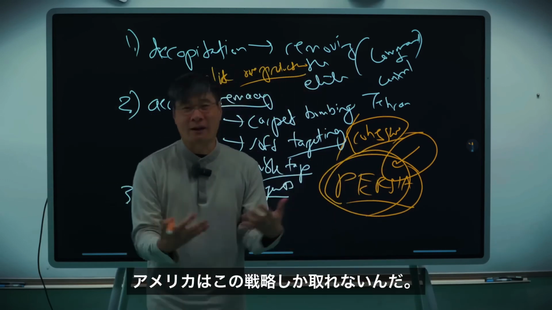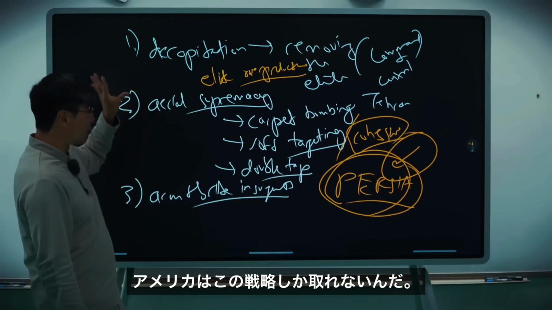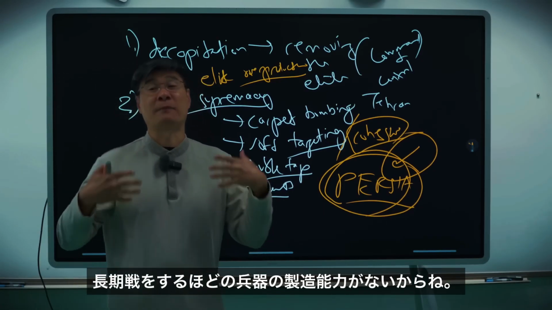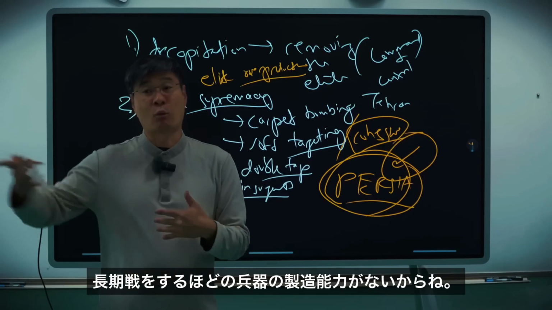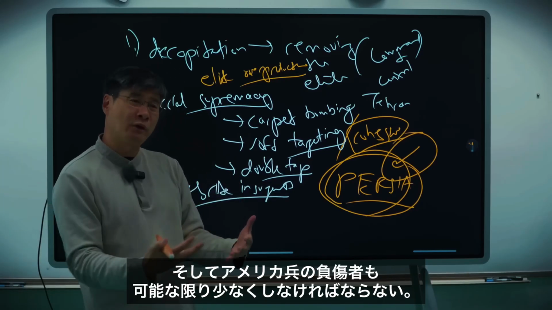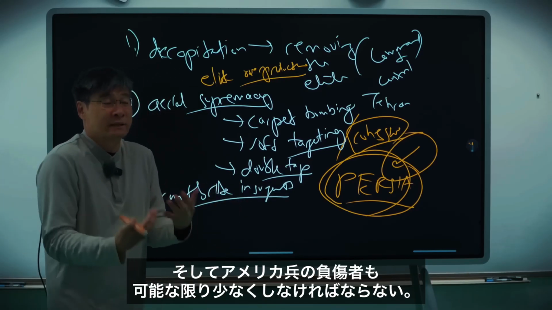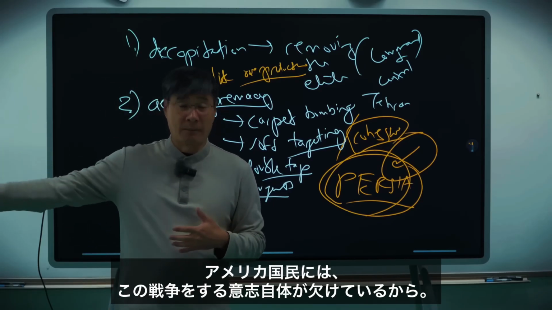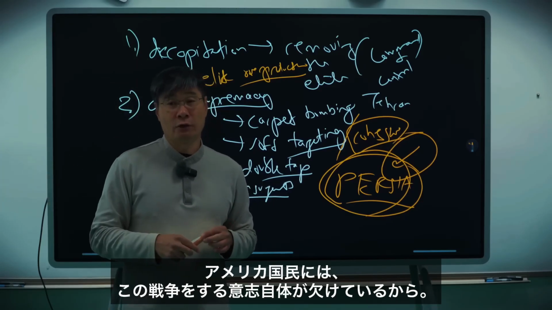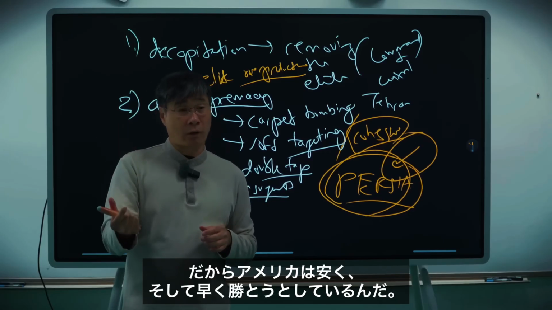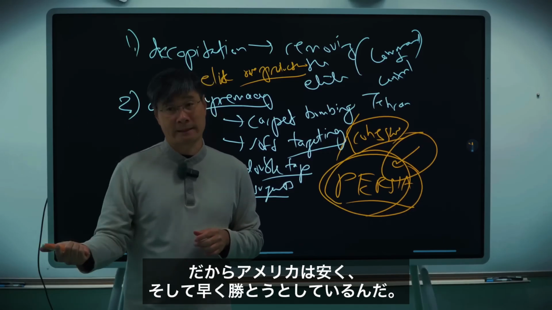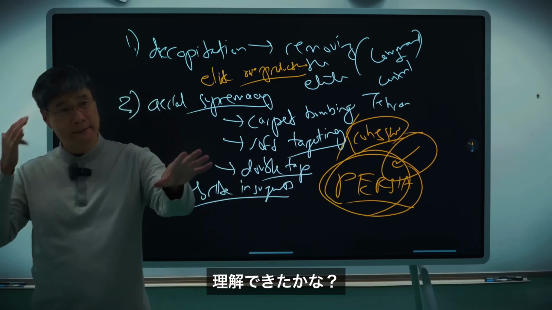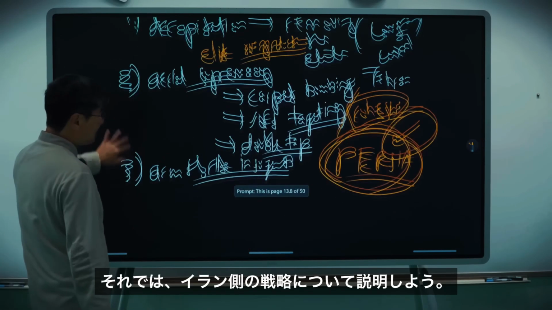And so it's sort of stuck with this policy because remember, it's trying to win this war as quickly as possible because it doesn't have the manufacturing capacity to fight this war for a long time. It's trying to reduce as many casualties among its soldiers as possible because the Americans don't have the political will to fight this war. America's trying to win this war cheaply and fast. And if it doesn't, then America's in a lot of trouble. Okay, does that make sense, guys? All right, let me now